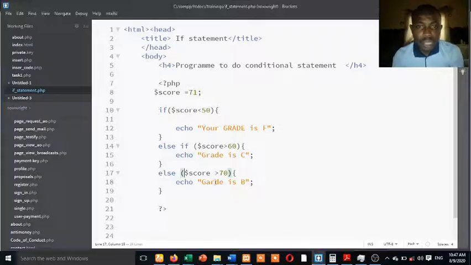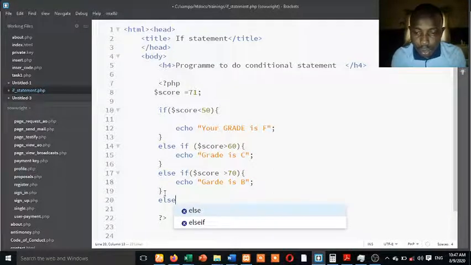I've omitted something again. Okay, else if score is greater than 70, score here is greater than 70, the grade is B. I'm coming. Else